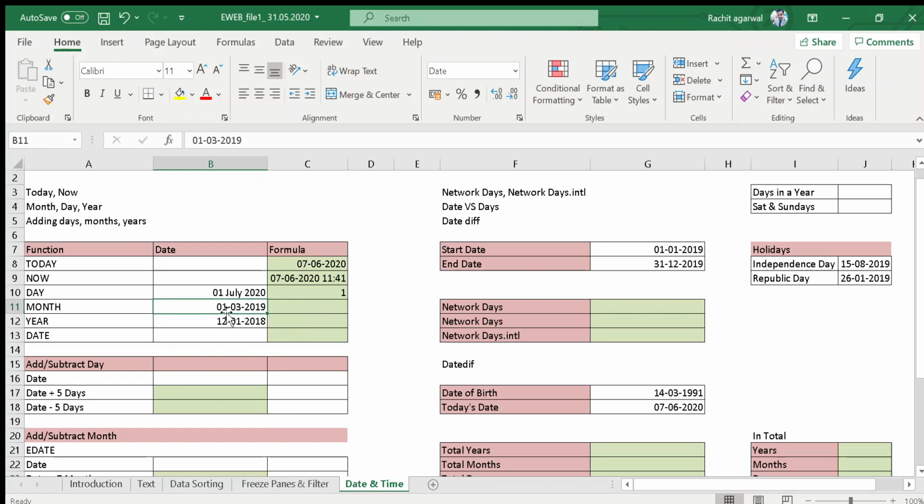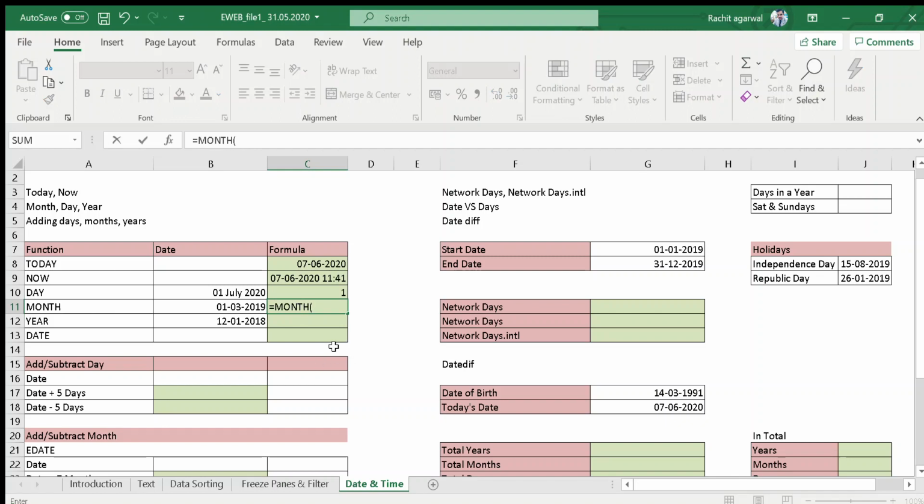So is one the month or the day? Is three the month or the day? If you want to know what three is, again equals, use the MONTH formula, select the date, close the bracket and press enter. Now the third is your month.